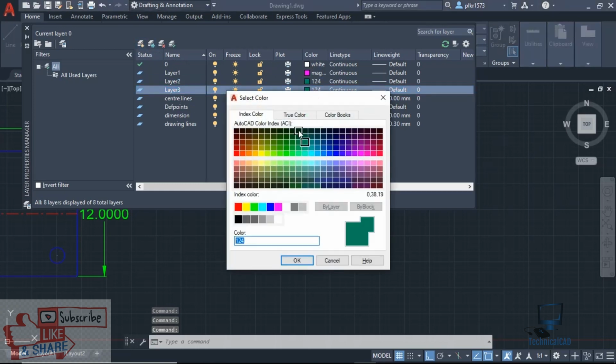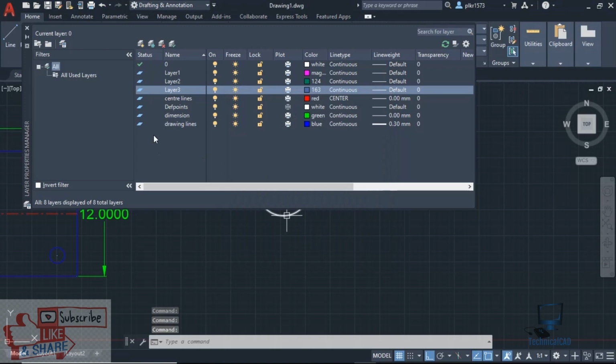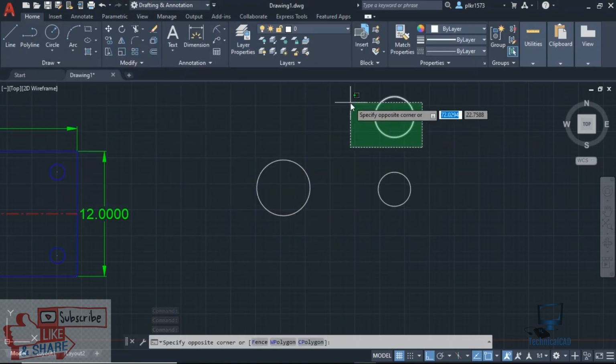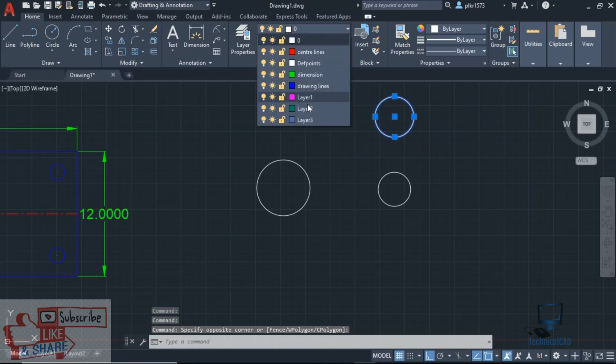Just go for this one, anything it may be, no problem. Now apply those colors. Select this one, go for layer 1.